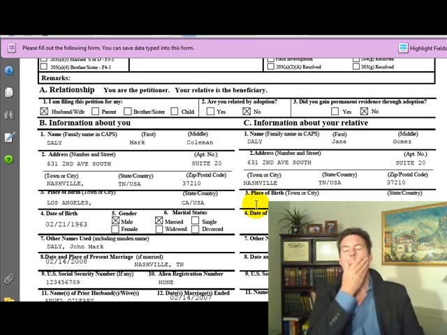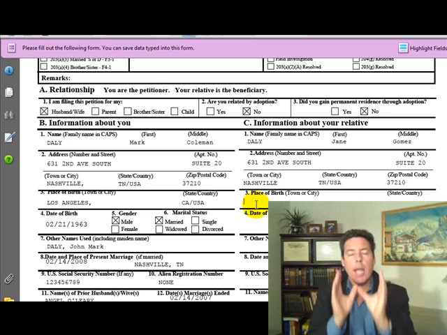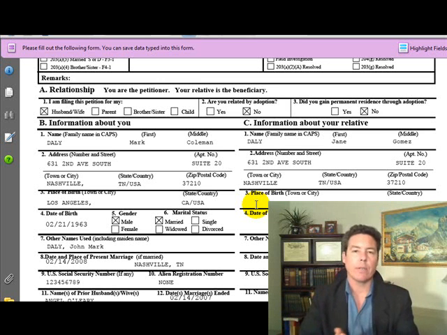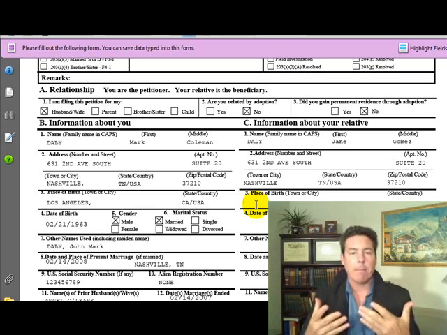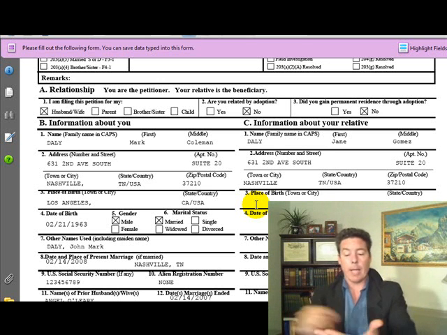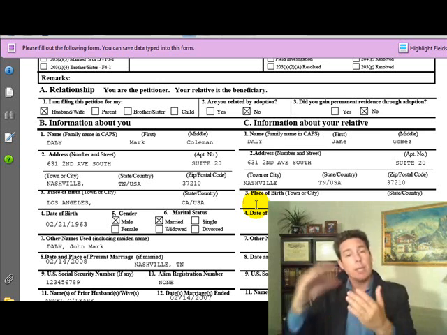Place of birth. Now, just to reframe before we move away from names, the name you want to put on there is the name that's on your birth certificate. So look at your birth certificate and review it. Make sure that it's spelled the same. Make sure that everything is okay. If there are any errors in your birth certificate, you're going to need to address that. And the way you're going to want to address that is on either a cover letter, meaning a letter to the USCIS that you add on top of this, or you're going to put it as an attachment to the actual form,